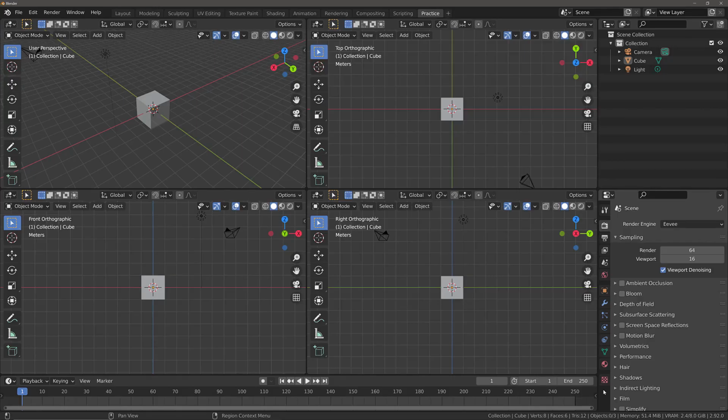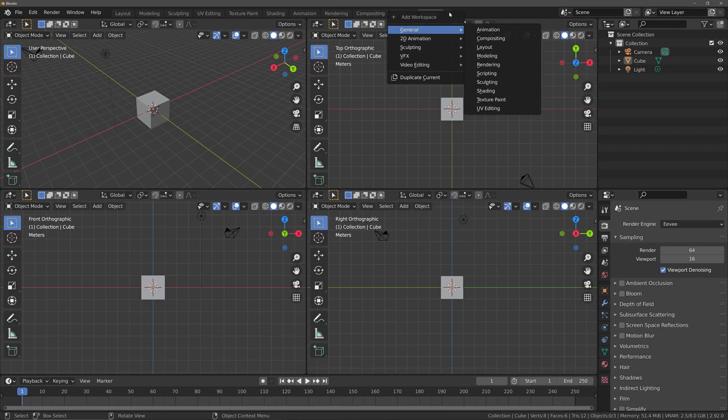So we have spent a little bit of time with our workspaces and how we can manipulate them. You may have noticed that we have this plus option at the end of our workspace tab list. This is another way in which we can add a workspace. From here, we have the Add Workspace menu, and this will allow us to add some existing workspaces or duplicate